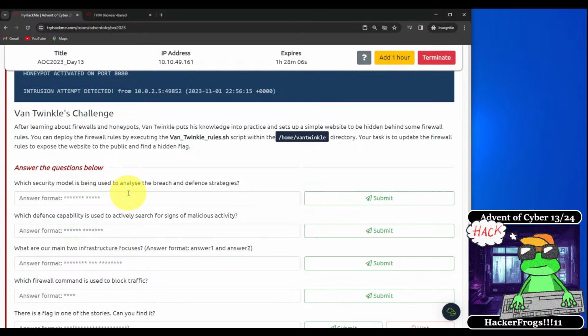So the last thing we have to do for the day is complete Van Twinkle's challenge. After learning about firewalls and honeypots, Van Twinkle puts his knowledge into practice and sets up a simple website to be hidden behind some firewall rules. You can deploy the firewall rules by executing the vantwinklerules.sh script within the home Van Twinkle directory. Your task is to update the firewall rules to expose the website to the public and find a hidden flag. All right, so what we can do is copy this directory here,